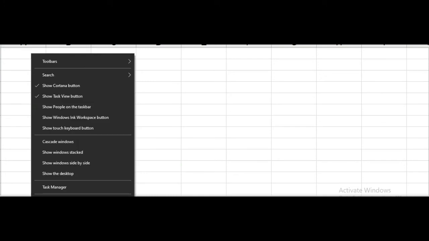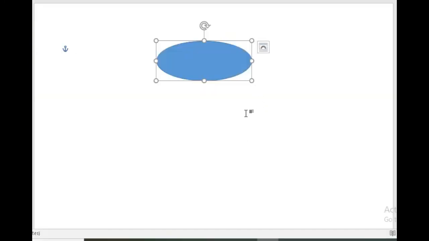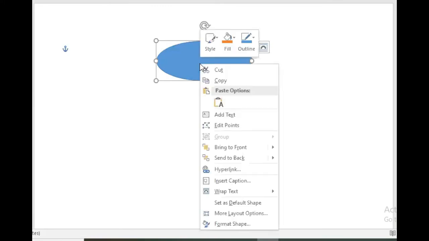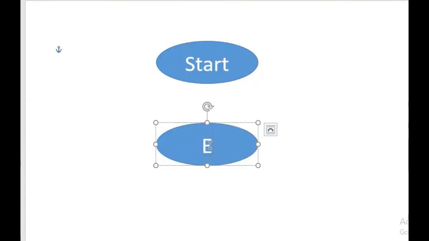Now let's create this flowchart. Here you can see that the flowchart option is there. These are symbols that we can use. This is an oval, and an oval is used to start or end. This is start, there is an end section.